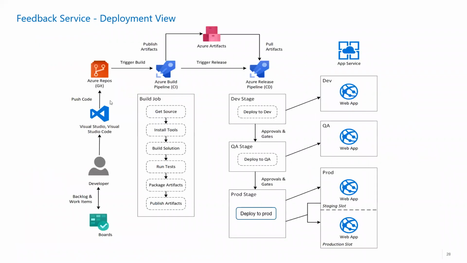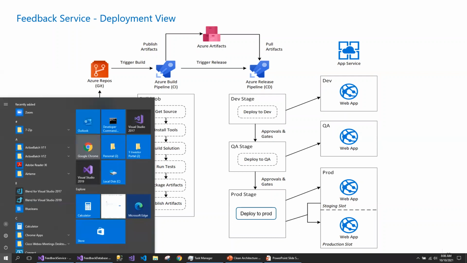This is something I've already discussed, the deployment view of the application, so I can come back to this one at a very high level. What we are going to have is the build pipeline and the release pipeline, deploying to the different environments like dev, QA, and production, and having the slots where you can swap the code during production in the app service. I can discuss more on this. So let's begin the actual session.